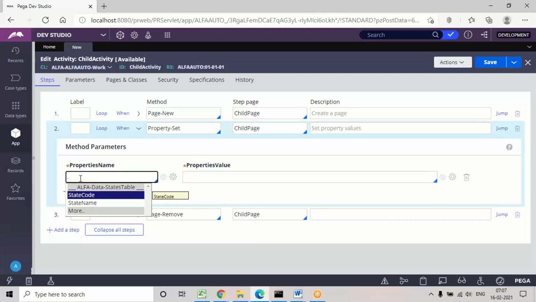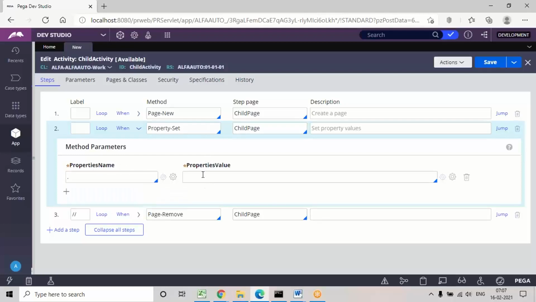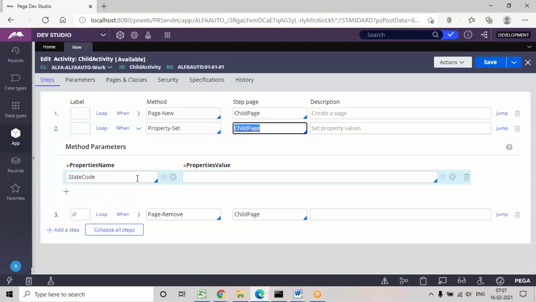here. You can see if you click on the dot option, property set contains two parameters, property name and property value. In the next scenarios we don't hard code the value in the property value, but today we are going to hard code it to understand the debugging process. In the coming scenarios we don't hard code; we'll be mapping either work or integration class properties here. But today, if you define the step page, then you can access the properties from the table class.